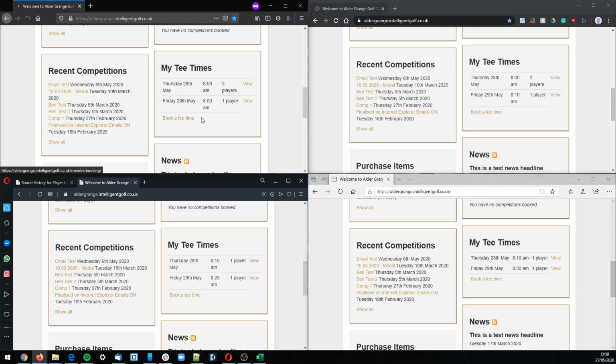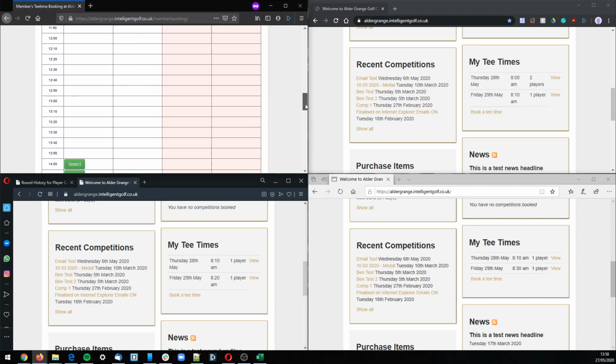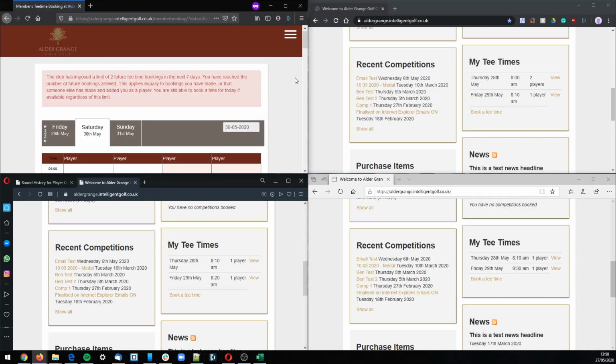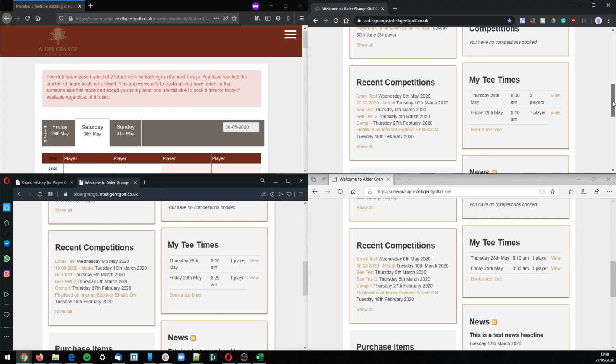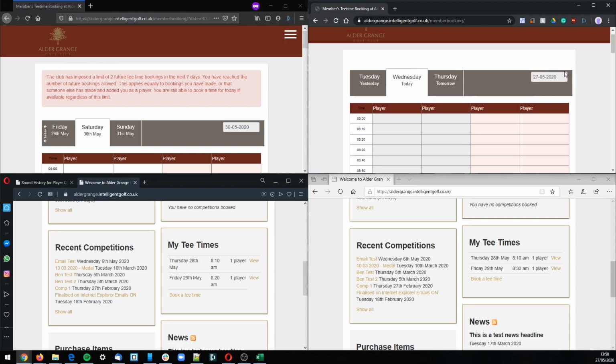But if each player tries to book another booking in the future, so today is free, they can book, but let's say for example they want to book Saturday, even though the admin added them to the tee sheet, they are unable to self-book more than 2 bookings on the system. So always remember that if an admin books a player onto the system, it still counts towards their allocation,